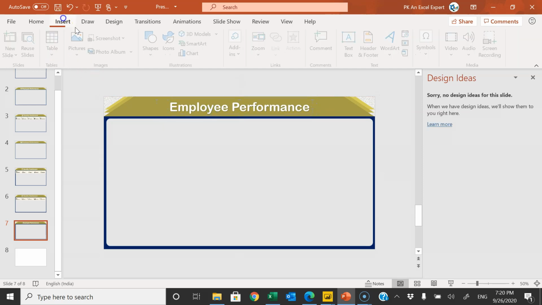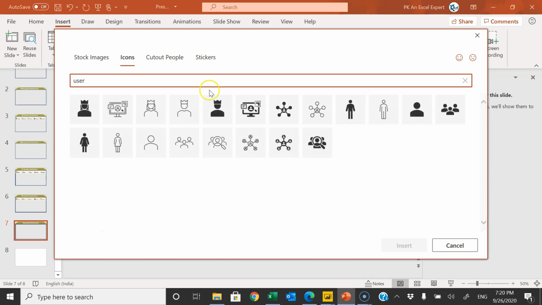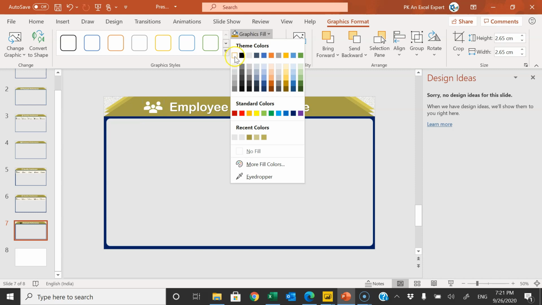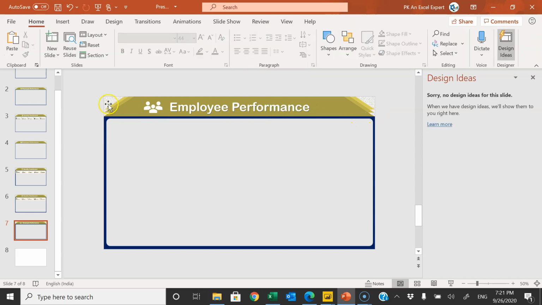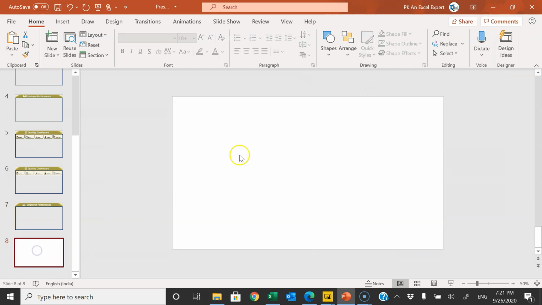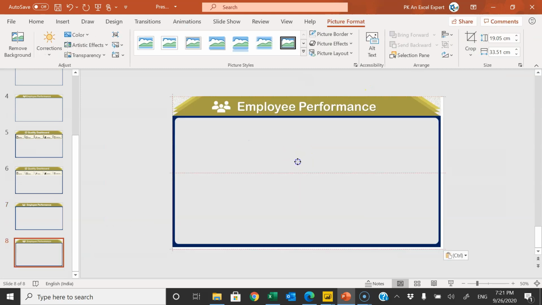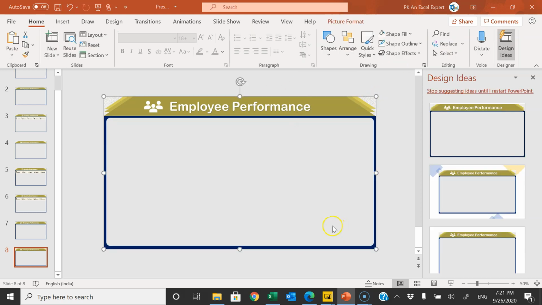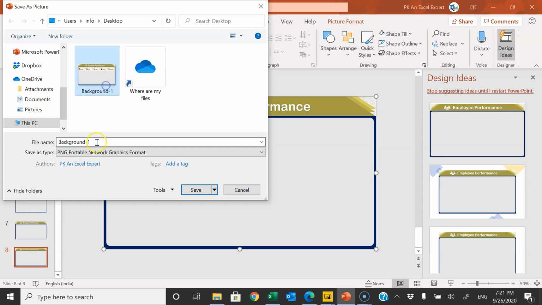And let's insert another icon for users. Let's take this one. Change the white color from here. And let's make it group. Copy this and go to the next slide and paste as picture. Again we will crop it. Crop this. Right click, save it as picture and this time we will save it as background 2.